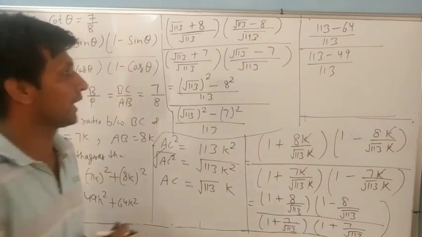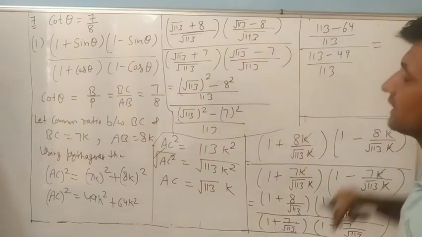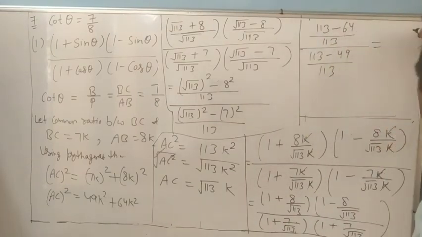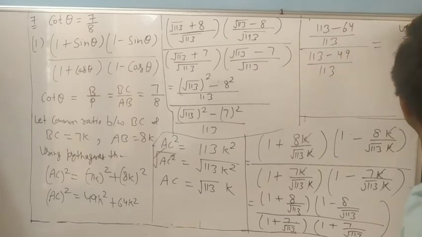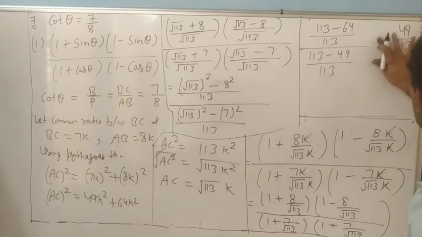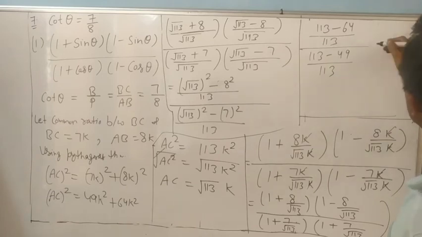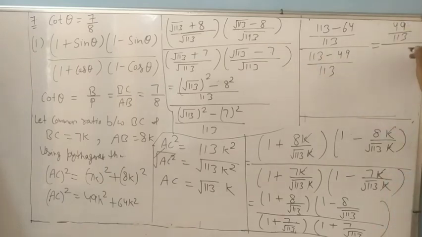How to write? Look, I am writing again: 1 equal to 113 minus 64. How much? 3 minus 4 is 9, and 10 minus 4 is 49, or not? I think 49, yes, and 133. And now look at the big symbol. It is 49 divided by 113. And now the big symbol: 139 minus 64, 64 divided by 1.